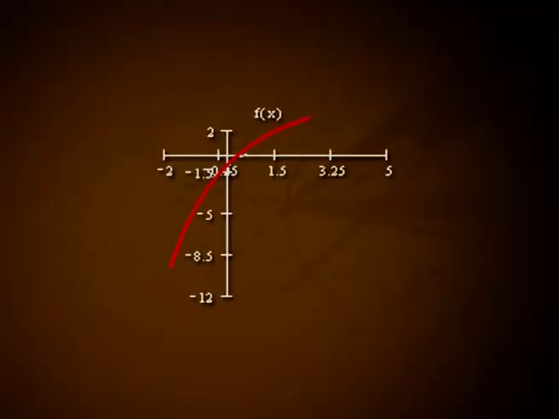Example 2. Find a real root of the equation x e raised to minus x equal to 0 using secant method. Solution. The graph of f(x) equal to x e raised to minus x is as shown here. Let us assume the initial approximation to the roots as 1 and 2, that is, consider x₋₁ equal to 1 and x₀ equal to 2.